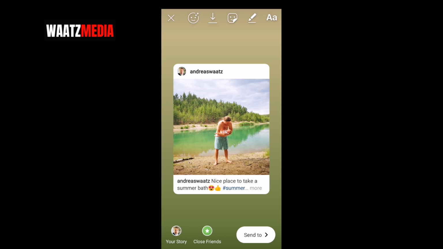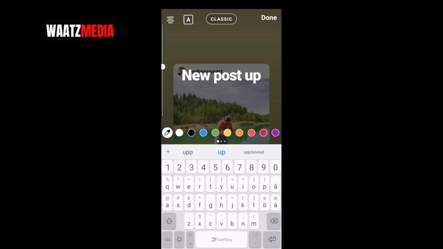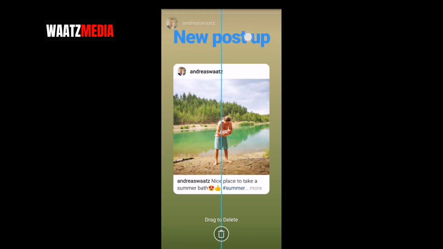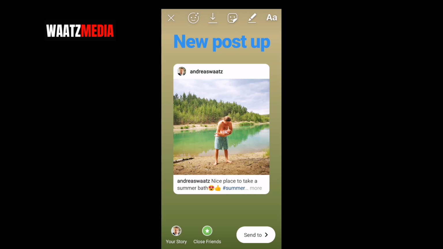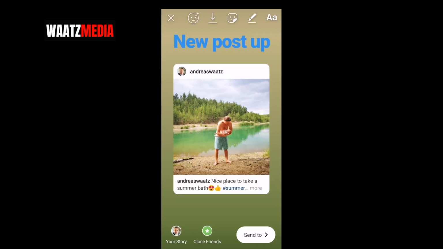In the top bar you can add text. Okay, we can change the color, change the size, like that. Click on done, and just move this around. Okay, and you can also add stickers with the location, mention, hashtags, and things like that. So when you're satisfied with your post, just click on your story,